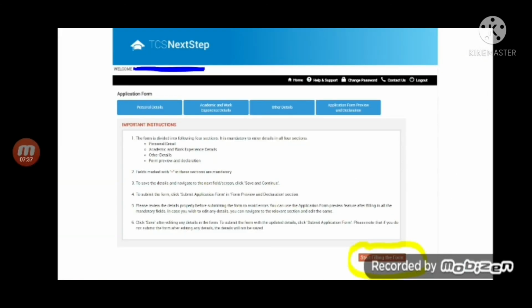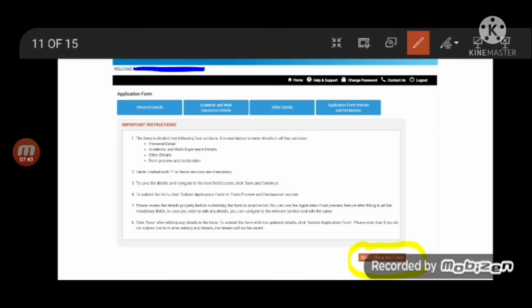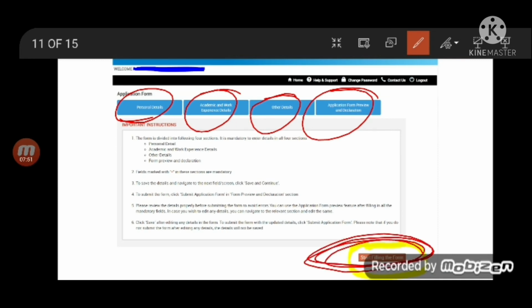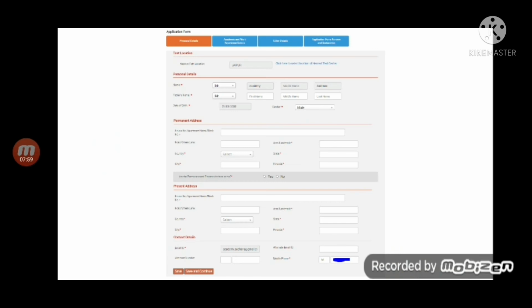That will take you to this page where you will find 4 headings: personal details, academic and experience details, other details, application form preview. So click on start filling the form on this page. Of course, you can go through these instructions and then click on the start filling form button.